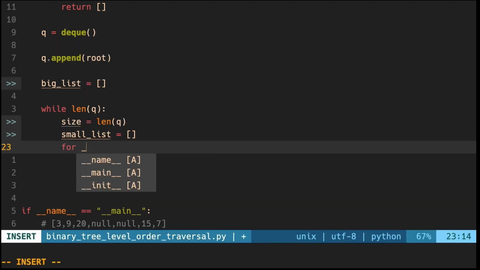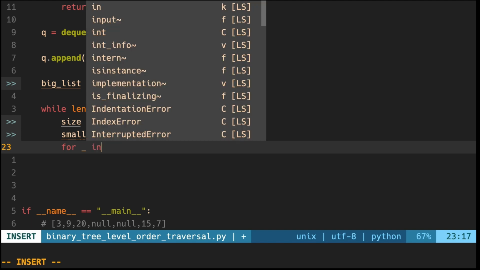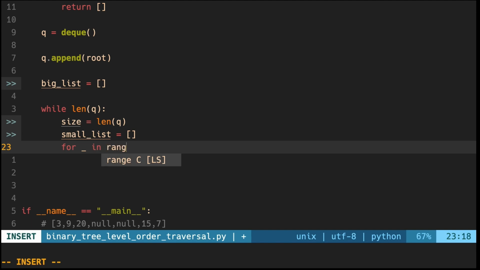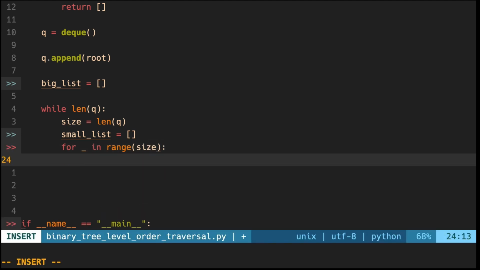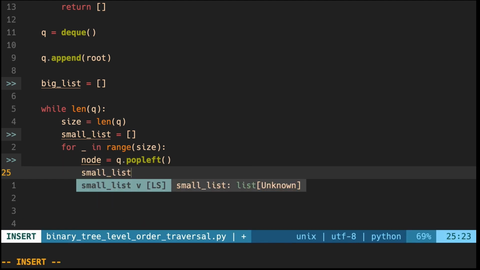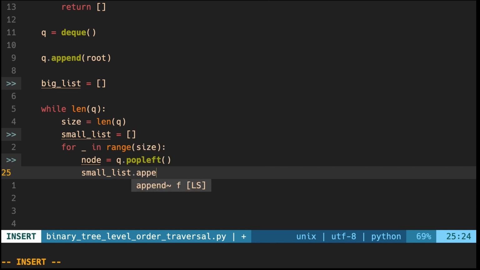And then we're going to do a for loop, and we don't need to use the variable. So we'll do for underscore in range size. And for every node within the size of the current level, we're going to do node equals queue.popleft. So we're going to pop that node, or pop the first in node off of our queue. So the leftmost node, we're going to pop it off of the queue. And we're going to append the value of that node